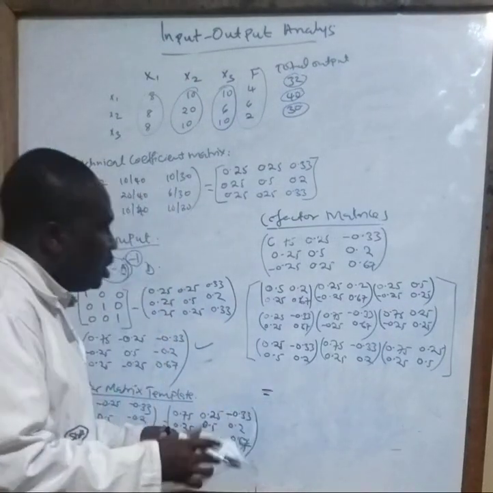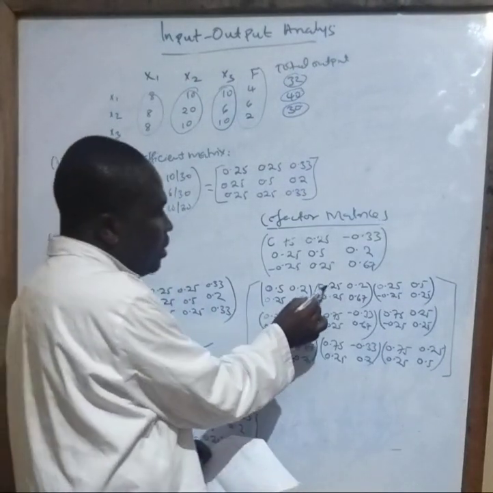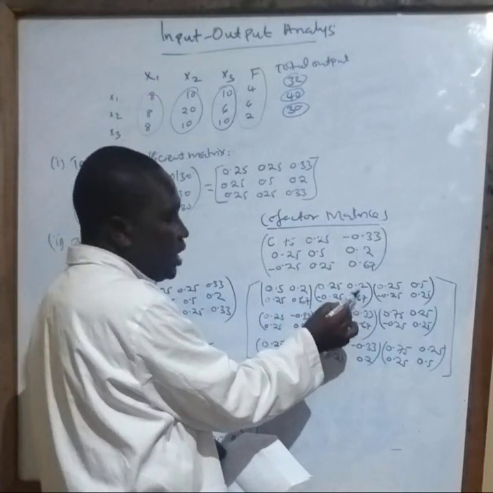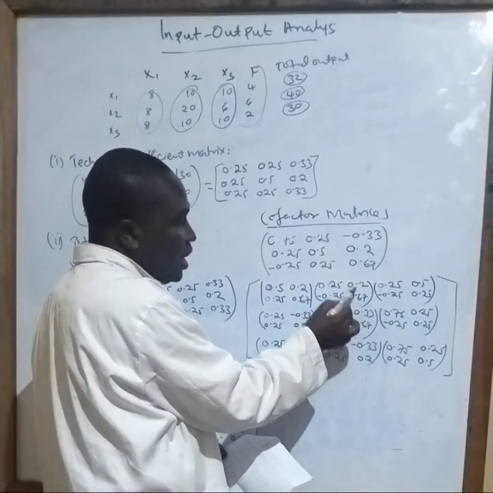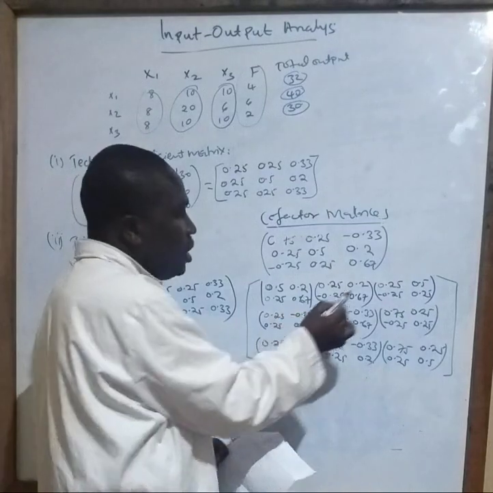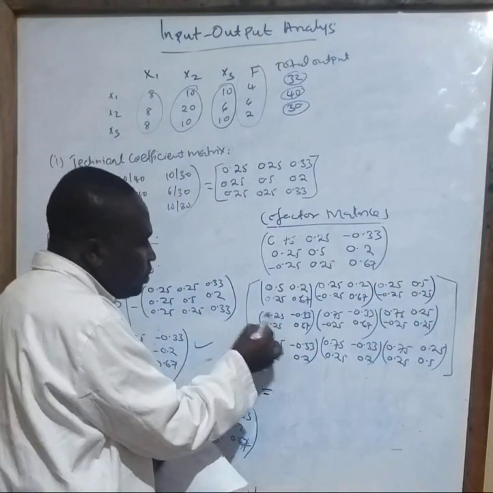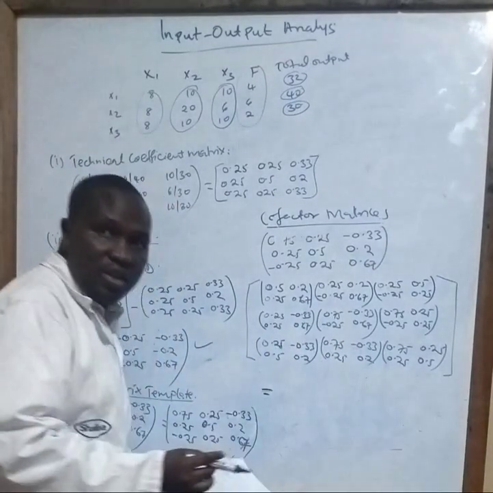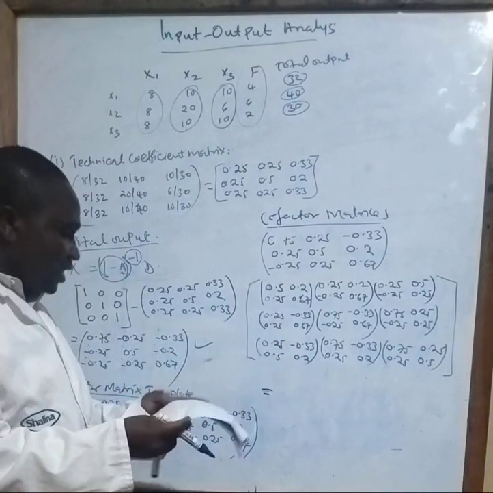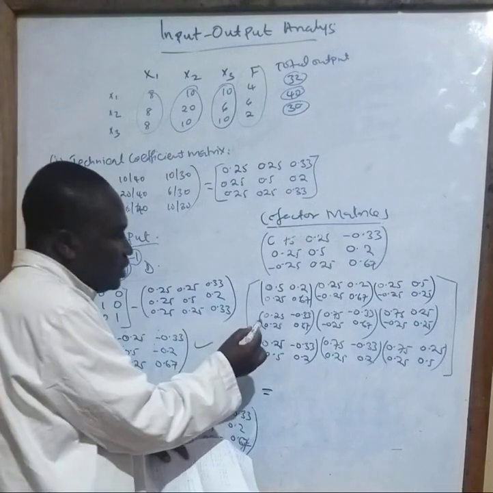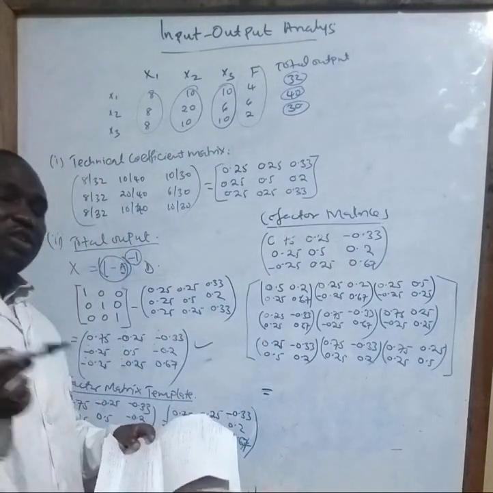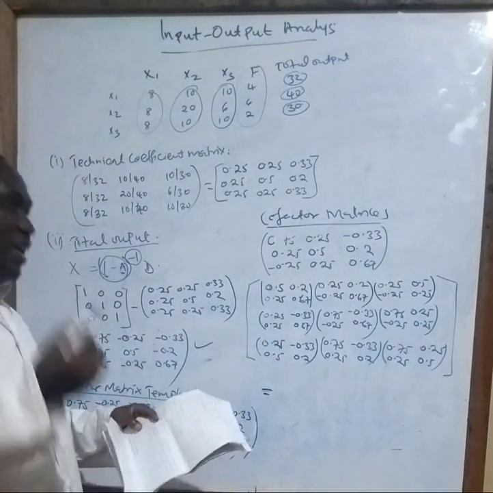Correct? So then you go to the second, product of the main diagonal minus product of the minor diagonal, and repeats itself like that to the end. When you do that using your calculator,